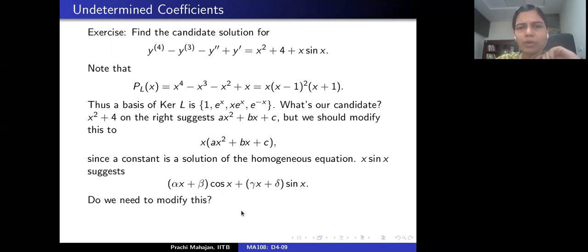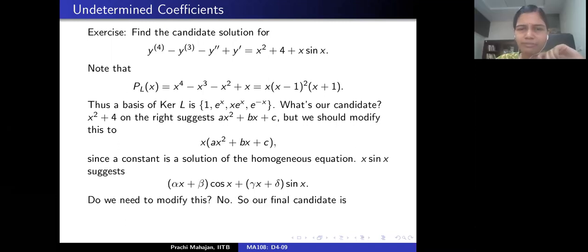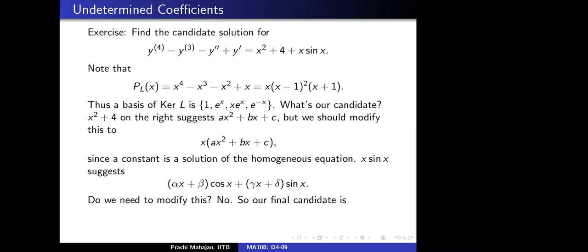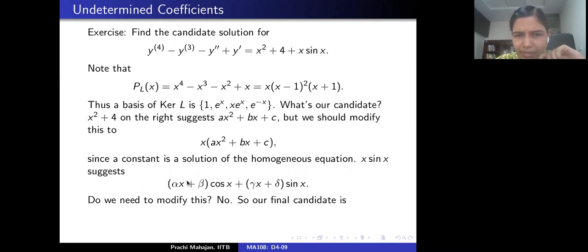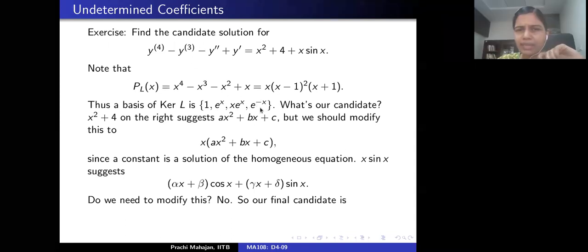So do we need to modify this, or is this okay? This is okay, right? Yes. Ma'am, why should we not have alpha x square plus beta x plus gamma x? Why should we not have alpha x square? Yes, ma'am, because we already have x sine. No, no, my bad, sorry. It's not here, right? That doesn't appear here. You only look at the solution of the homogeneous equation. Yes.